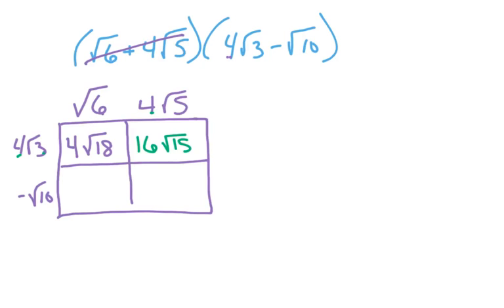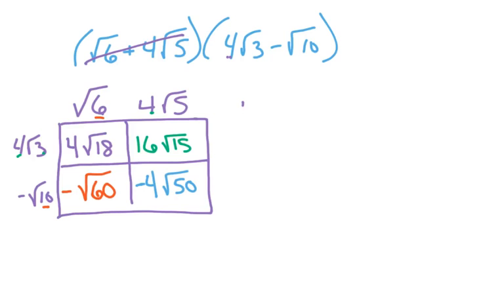Moving right along, I have a radicand of 10 and of 6. Keep my negative, so I get negative radical 60. And then my final, I'm taking a negative 1 times a 4, which is a negative 4. Radicand of 10 times 5 is 50. So right off the bat, none of these will combine, so I'm going to go ahead and rewrite these numbers